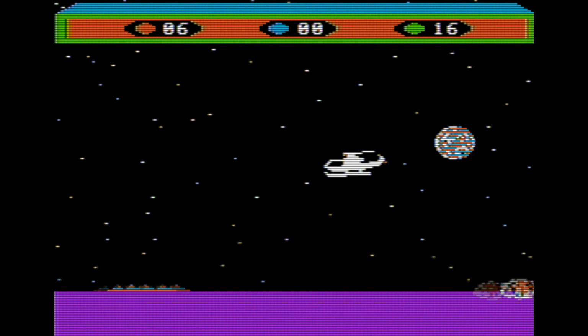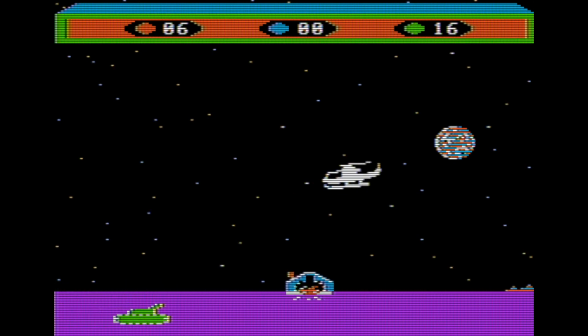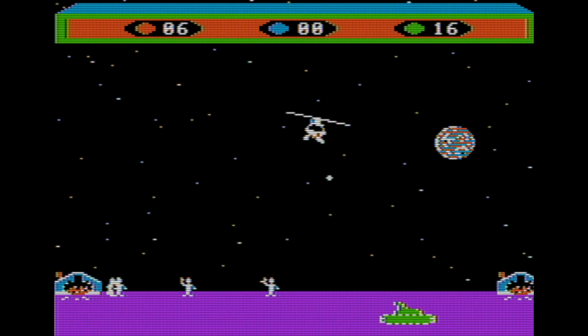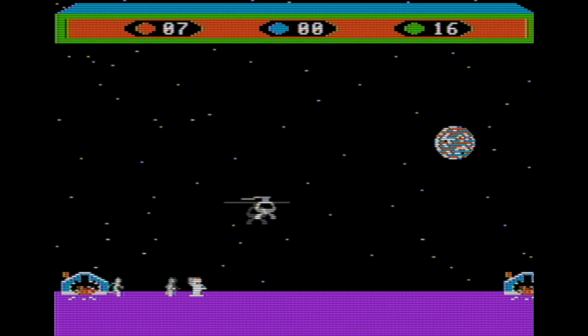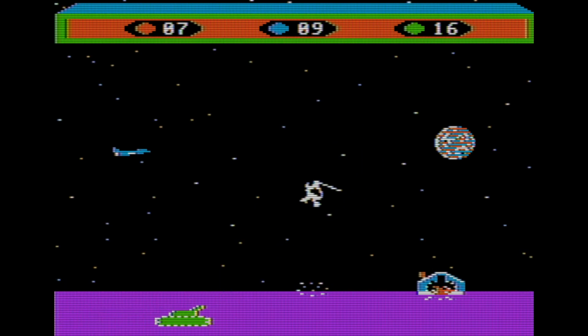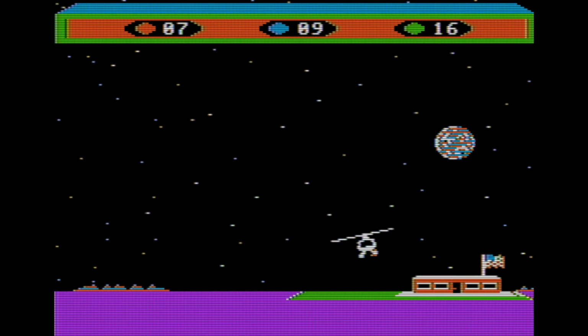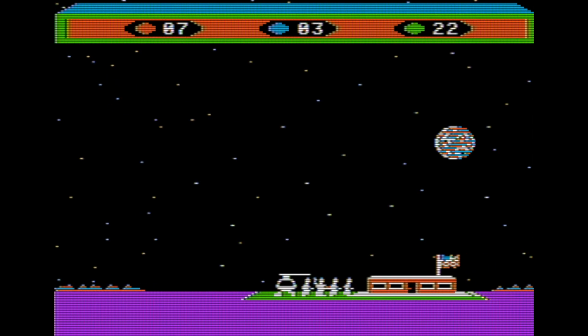In terms of the graphics, like I said, that's probably the standout of the game. It definitely is much more appealing than your standard computer game, especially, but most of the games at the time. This is definitely on par with several of the arcade games that we have seen. In terms of sound, I don't think the sound is very good, but it is there. There is sound. It's mostly just beeps and a little bit of a kind of a grumble, growl sound when enemies are destroyed. They're not great. I don't think they hold up very well, but there's some sort of feedback to what you're doing, and that is always nice.